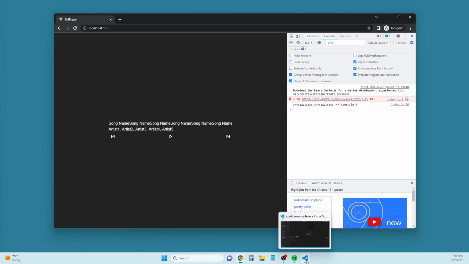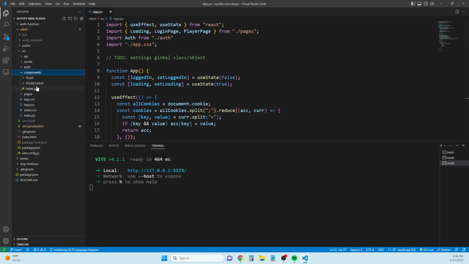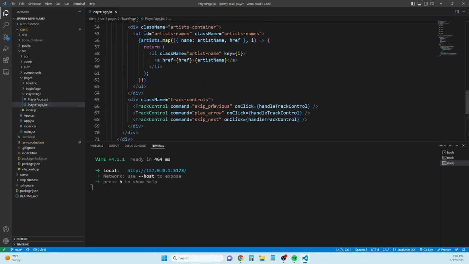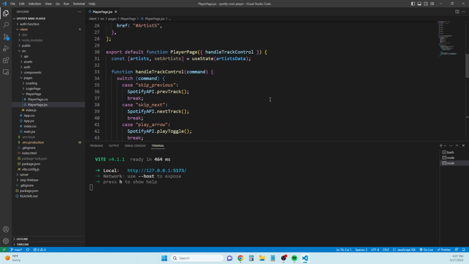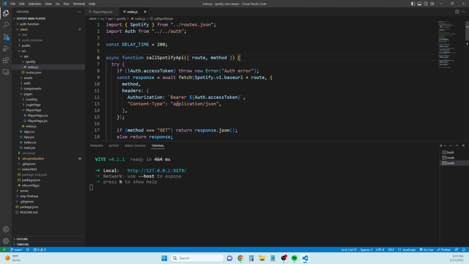Alright, let's get started on the audio track controls. So that would be in components, not components, pages, player page. So we have previous, next, and skip. Previous, next, play. And then also API, Spotify, auth token,